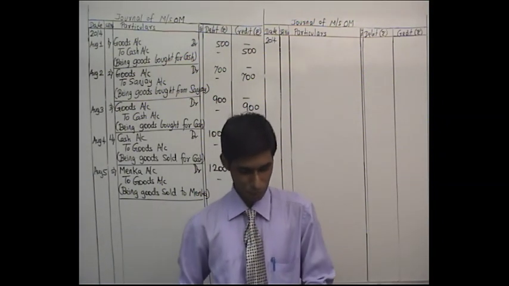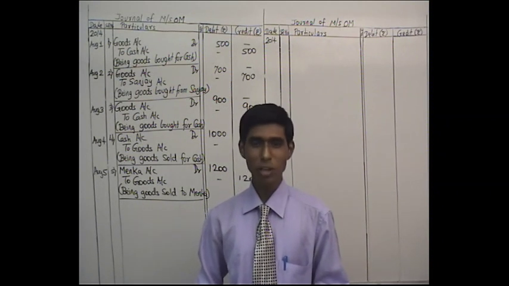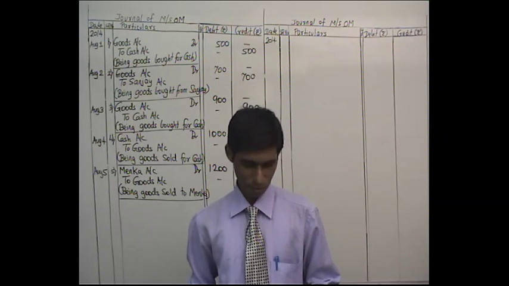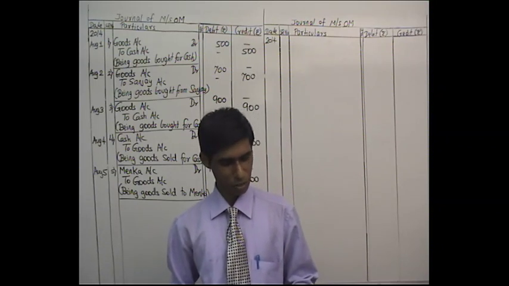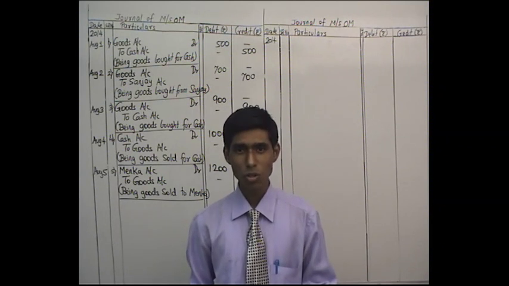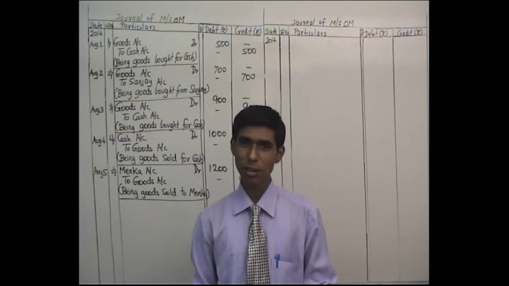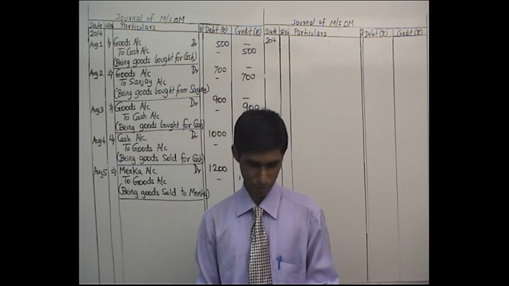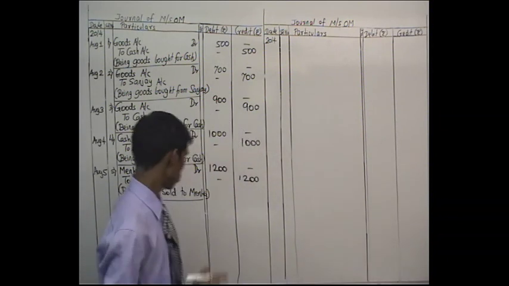Next one, sold goods to Sonia for cash. Whenever there is a cash transaction, don't remember person. Underline goods and cash. Goods real credit, cash real comes in debit. My entry comes to